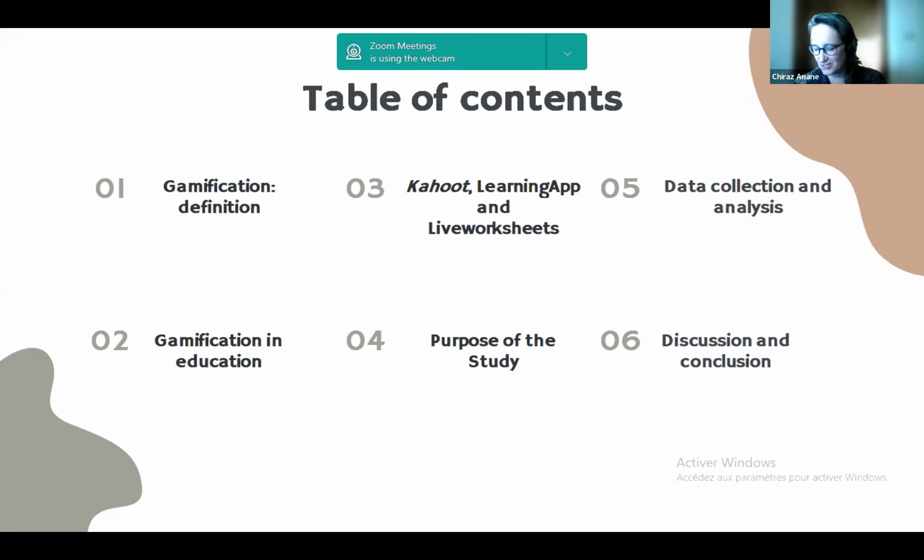Okay, so my name is Chiraz. I'm an assistant faculty at the Department of Foreign Languages at the University of Sharjah, the United Arab Emirates, and I'm teaching the French language, French as a foreign language. And I would talk to you today about the use of gamification and digital activities in this French as a